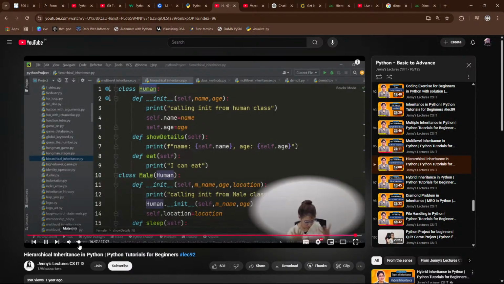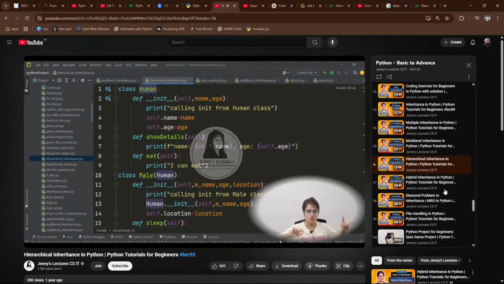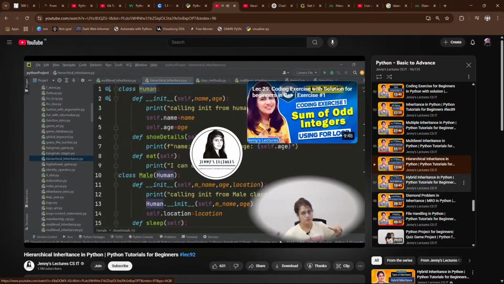Access the superclass attribute methods, the Person class attribute method, with the help of the Student object as well as the Faculty object. So this is your